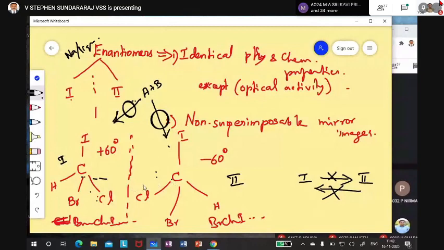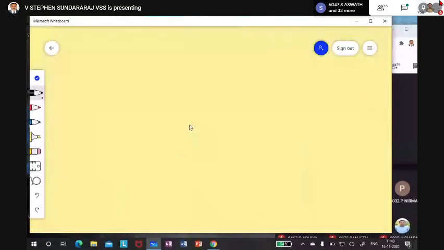Okay, so now don't close it. I will wind up with this. Now I am coming back to this. Here, each arrangement is called by the name configuration. Remember that. So we write down one term. Configuration is the arrangement of atoms and groups around an sp3 carbon. Around sp3 carbon. Okay, so this is one.